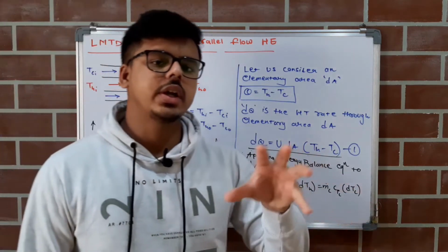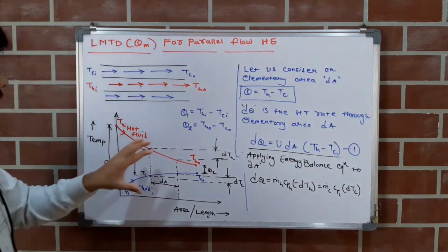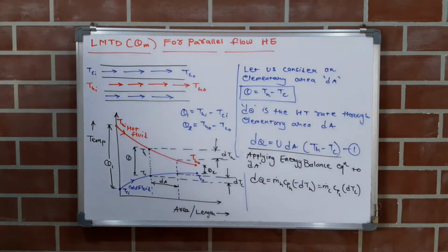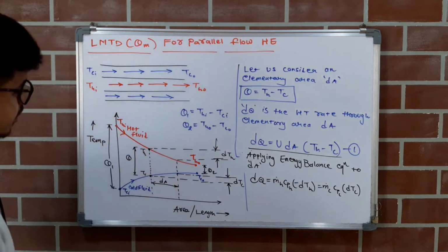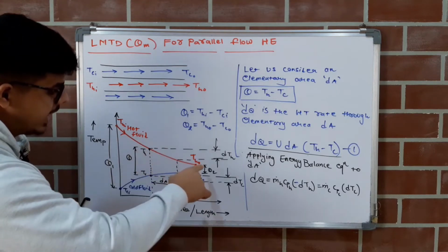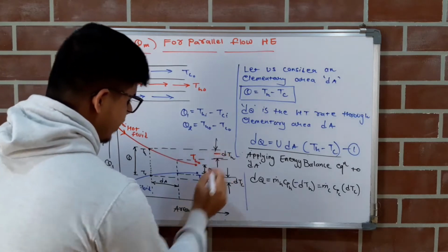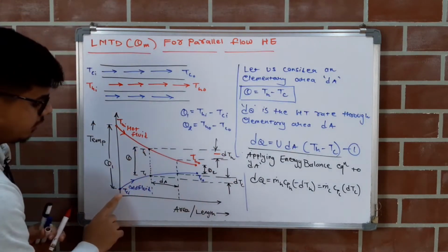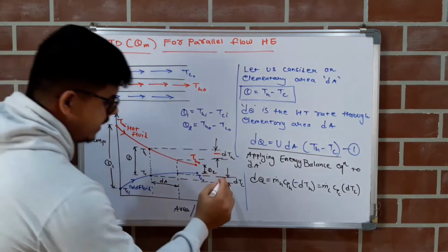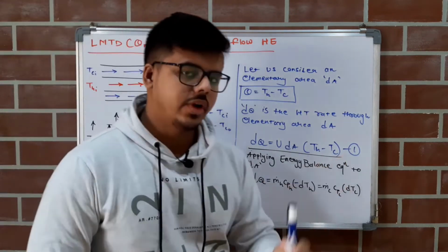Now if you don't know the convention for thermodynamics, then if you know how to read this graph, we can also get the idea of where we will get the negative and where the positive answer. If you observe the graph for the hot fluid, you can see the slope of the hot fluid is decreasing, right? It has a negative slope. So this dTh will be negative from this graph. And if you observe the graph of the cold fluid, you can see the slope is increasing. So this dTc will be positive. So from this also we can get where it will be positive and where negative.